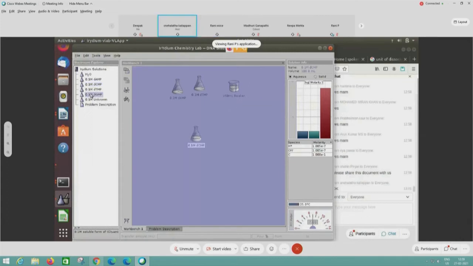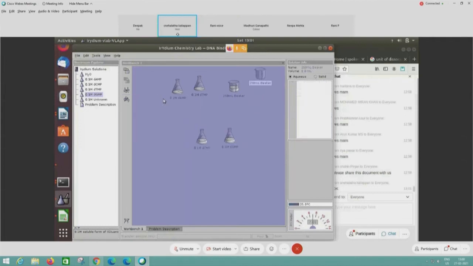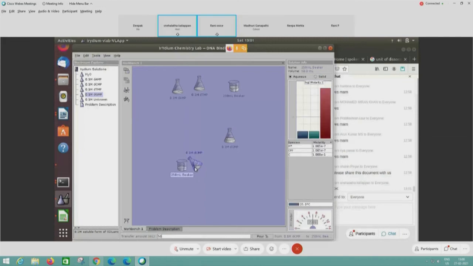We will take G base, guanine and cytosine. Often cytosines are methylated and not seen as cytosines, which once methylated become biologically relevant. We will take a beaker and add. We don't need to add 50 ml, we can add 10 ml or 1 ml also.